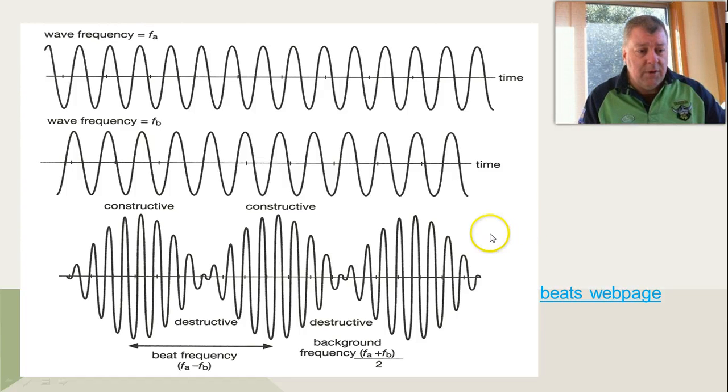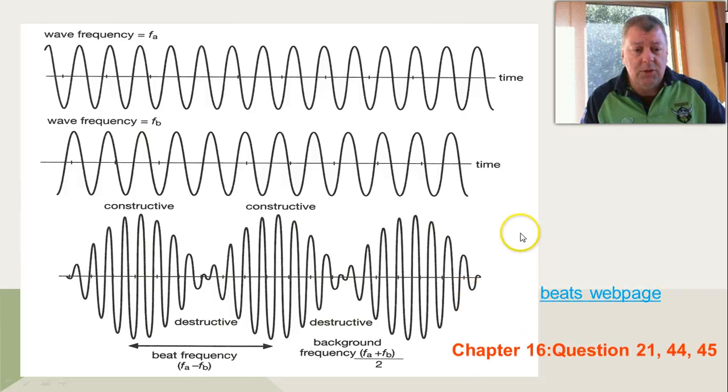Okay. So recognizing that this is not a standing wave, it's actually the wave pattern that's moving, and so that's what we get. So you should be able to do these questions here,